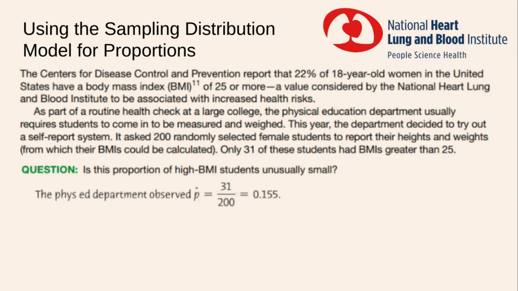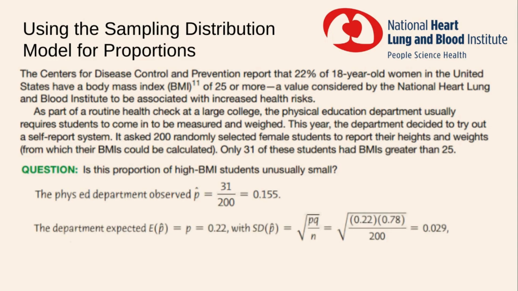The phys ed department observed a sample proportion of 31 out of the 200 students, or 15.5%, with BMI greater than 25. The department expected a proportion of 22%. That's what the problem says. With a standard deviation, here's our formula, the square root of PQ over N, P being 22%, Q being the complement of P, which would be 78%, divided by the sample size of 200, and that's going to be